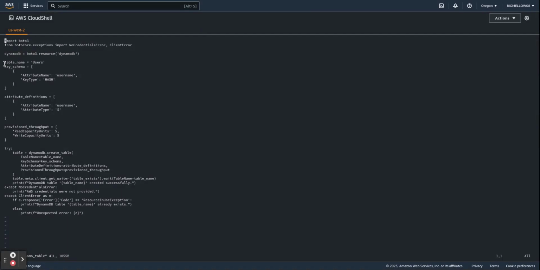And after that, I created the table name, which was users. Then under the table name, I created the schema, the attribute name, the key type, which is hash, the attribute definition,